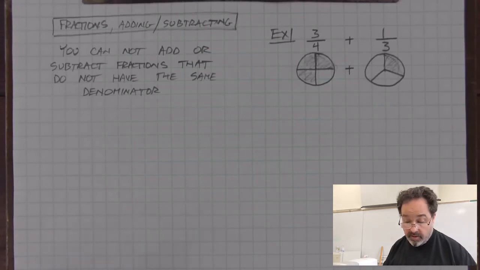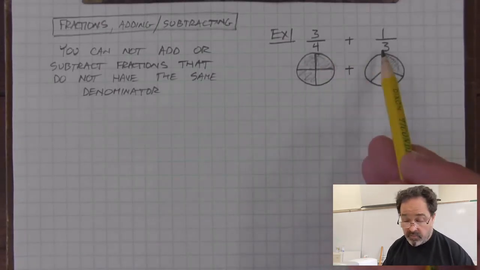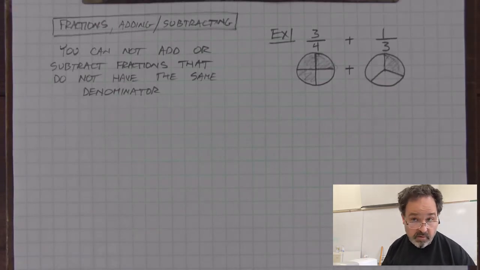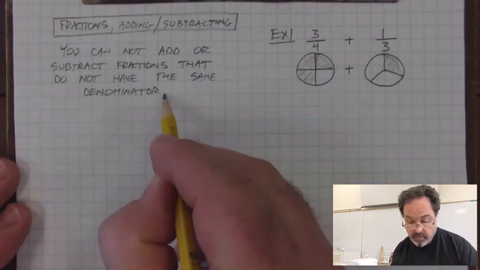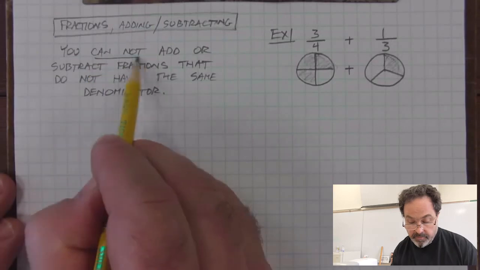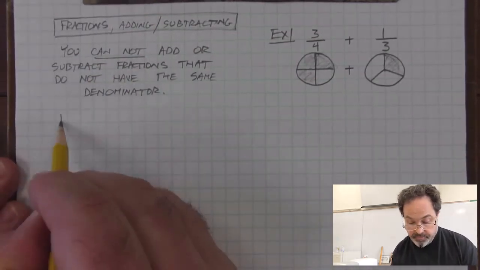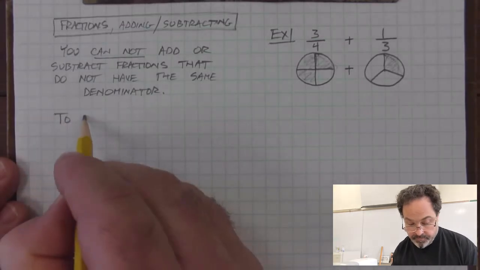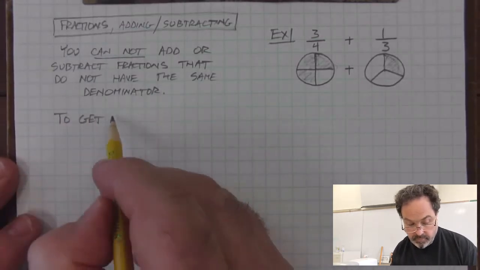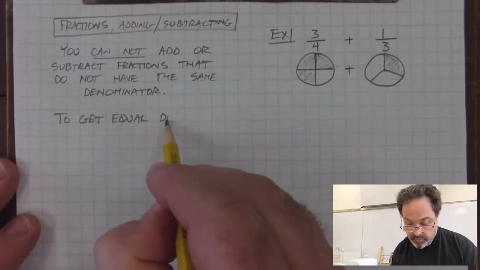Does that mean that I stop? I have to take an extra step to convert these fractions so that they have the same denominator before adding them. So if we cannot add fractions that don't have the same denominator, then I need to change them so that they do. And the way that we change them is to get equal denominators